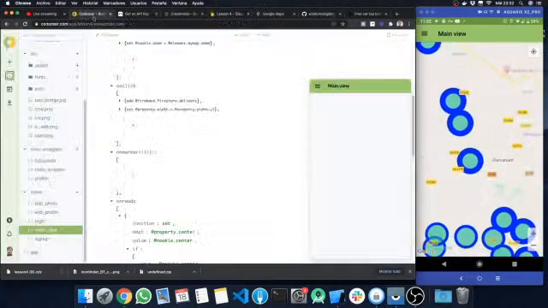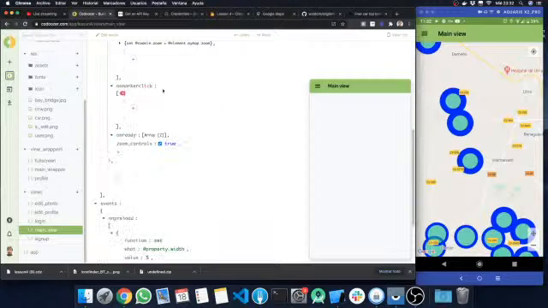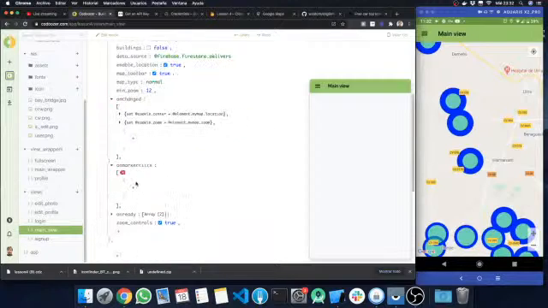So finally, the last thing. We didn't talk about this on marker click. I'm going to remove this on click because I don't want to add more circles, but I'm going to use the on marker click. Let's do a super simple example. I just want to know whenever the user clicks on a